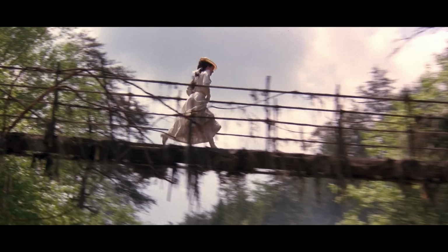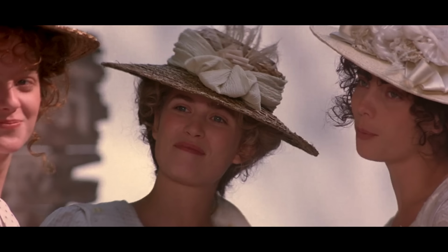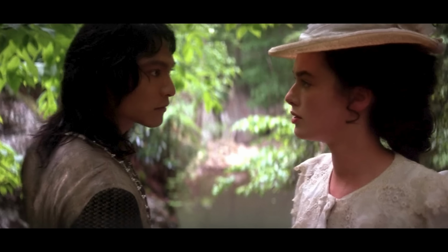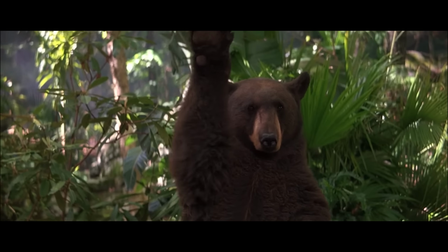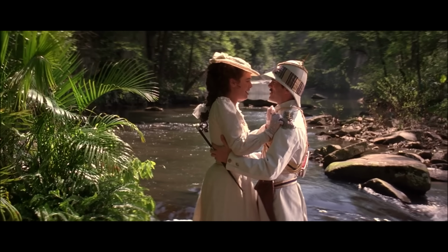And we know this because she very bravely crosses this old bridge to go into the jungle by herself, even though no one really asked her to or seems to care that she's doing it. Here she re-meets Mowgli, though she doesn't quite put that together just yet. But she also meets Baloo, and we get this nice little scene of Mowgli and Baloo wrestling, and I really love this little wave that Baloo does as Kitty runs away, where she immediately bumps into our villain, Captain Boone,